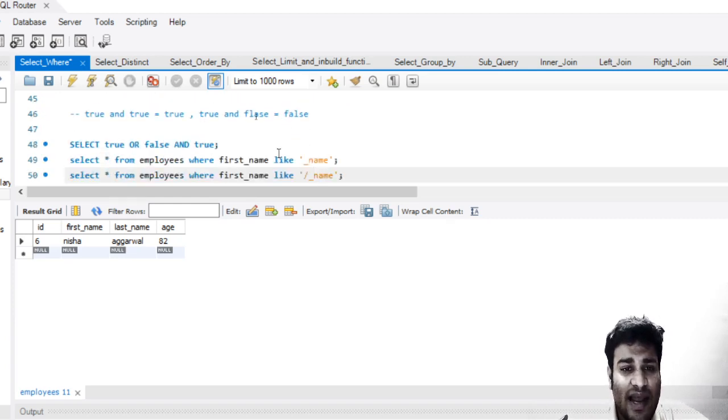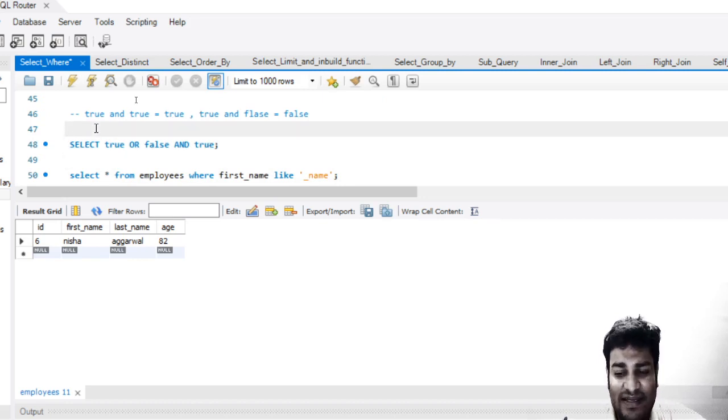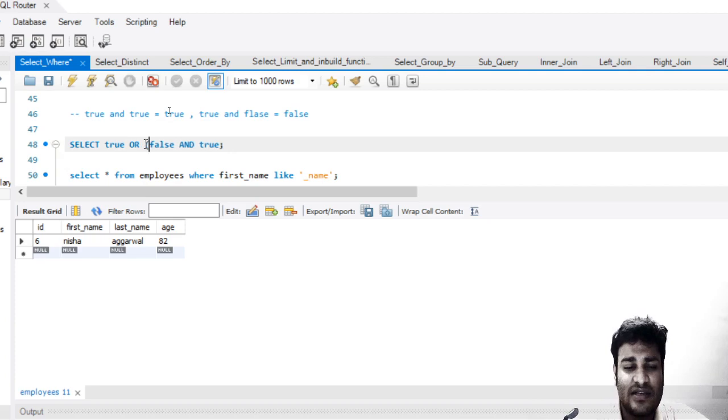In a similar way, you can understand this from here when we say select true or false and true. The precedence means priority. At first, if we write something like this, the system will interpret the and operator first. Like in mathematics we used to have BODMAS, which was for brackets.